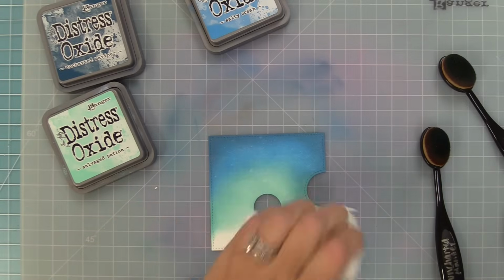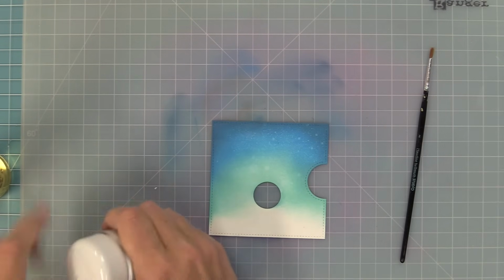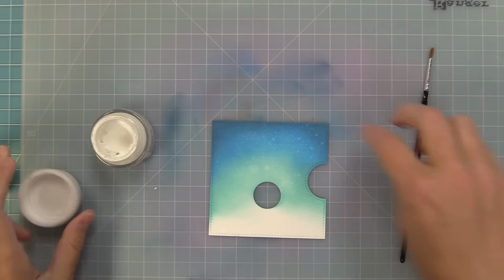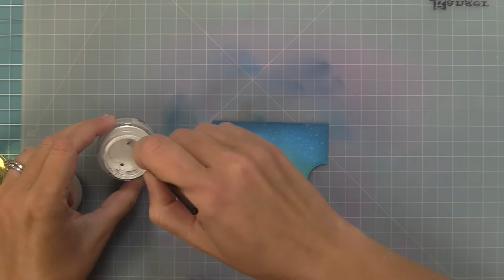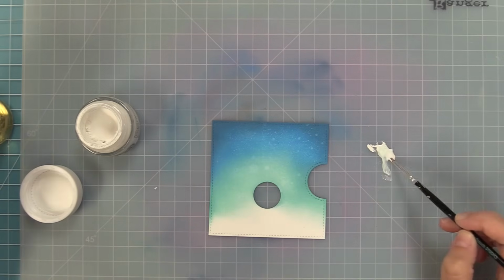You can see I'm kind of pouncing the paper towel, and it's going to create this really cool blustery feel. And then for even more snow, I'm going to use some white acrylic paint. I'm using Copic white here because that's what I have, but any white acrylic paint would do. I'm going to put some on my mat and spray a little bit of water to thin it out, and